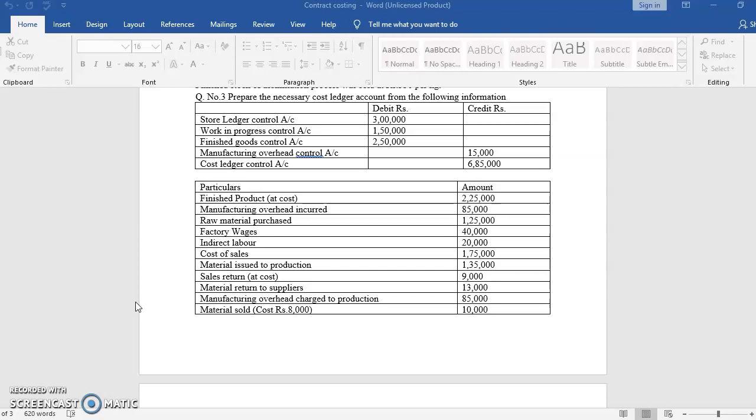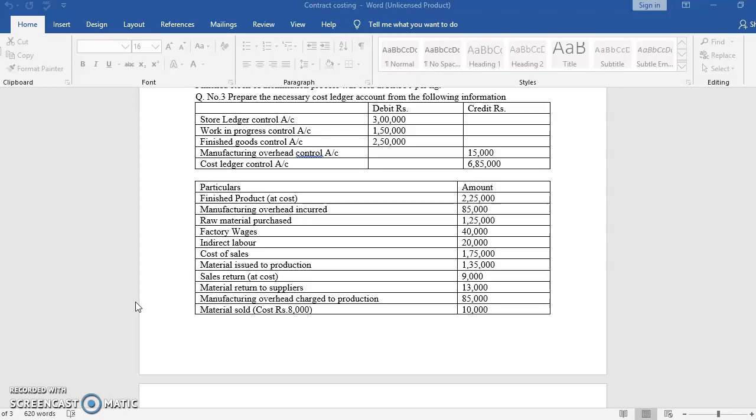On the credit side of cost control account, what are you going to write? By wages control account, because both of these are related to wages. Therefore, first we will transfer this to the wages account, and from that wages account we are going to transfer direct wages to the WIP and indirect wages to the manufacturing overhead. So on the credit side of cost control account, write down by wages control account, and the amount is 60,000. Just above that, in brackets, write down direct wages and indirect wages, 40 plus 20. So you are going to record 60,000.